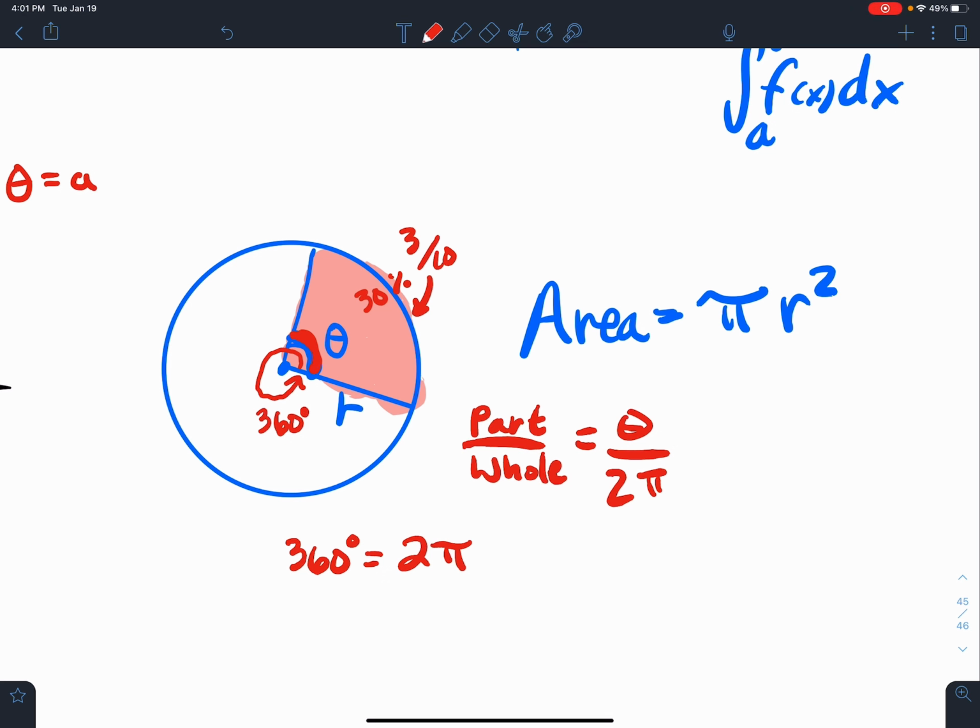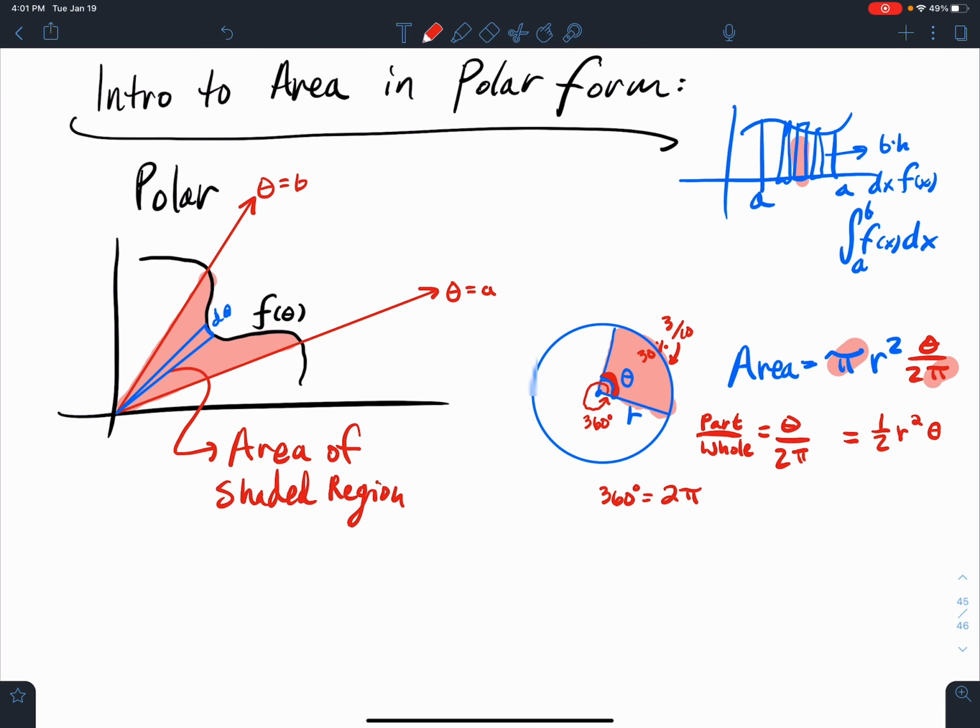So that gets us a percent of what we want. So I multiply this by theta over 2 pi. And what happens? The pi's cancel each other, and this area reduces to what? It reduces to 1/2 r squared times theta. So the area of one little sector, one little wedge here,